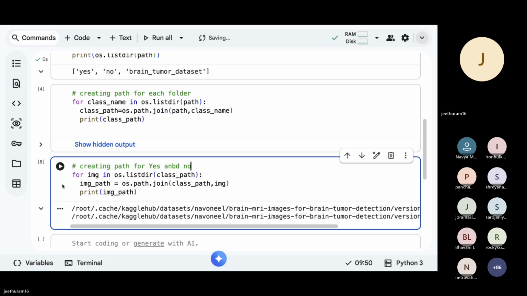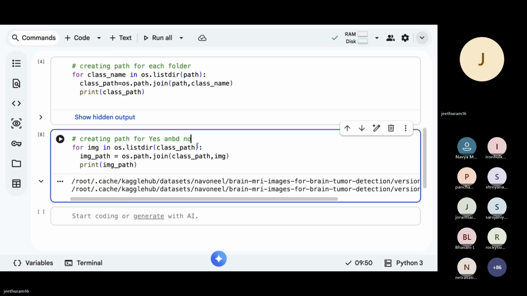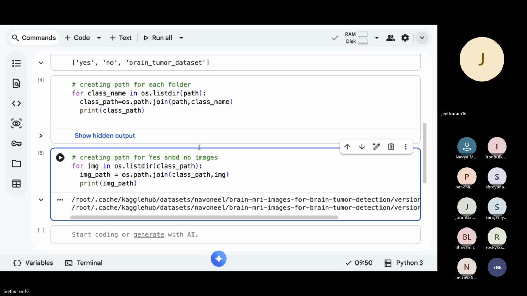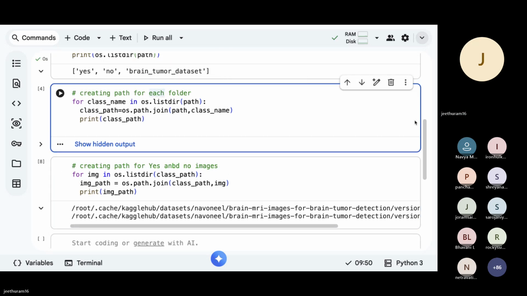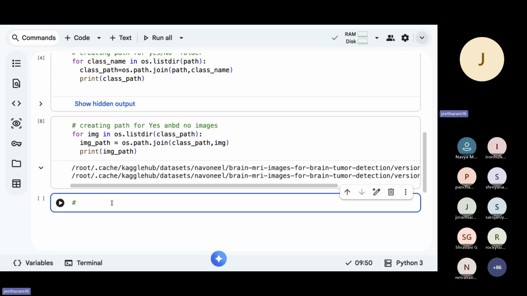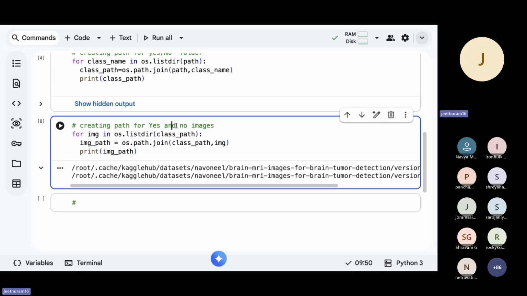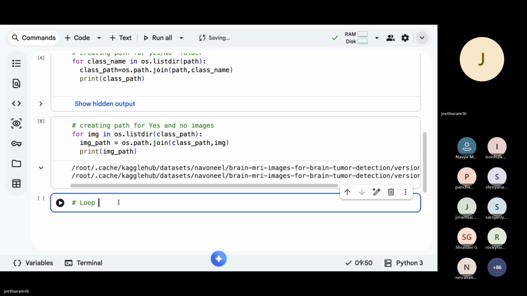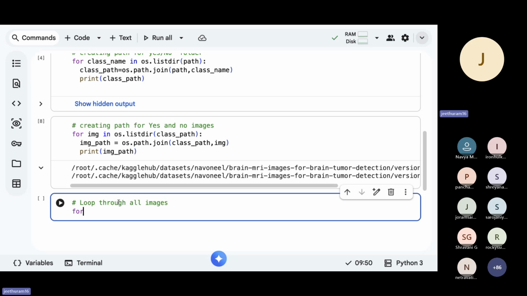Okay. So now, basically S and no images. So here creating a path for the S, no folder. I'm just making it simplified. S, no folder, all right. Okay. So next thing, I want to loop through all the images. Loop through all images. For image one,